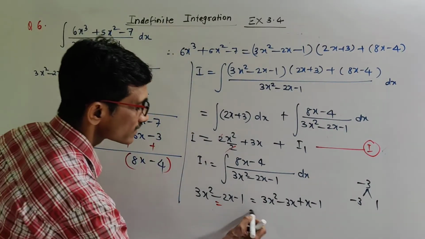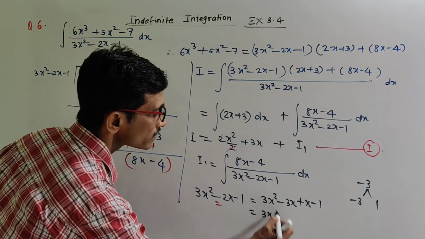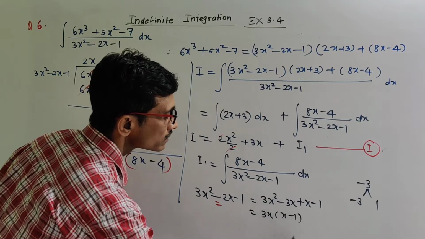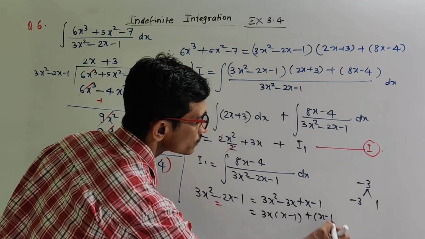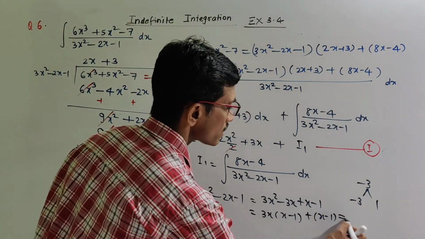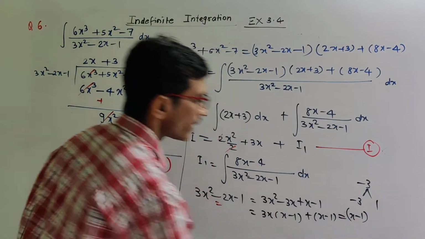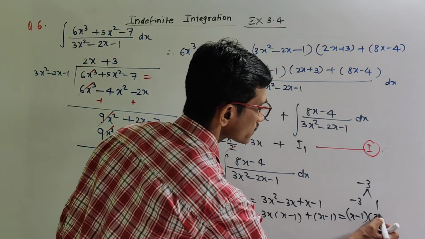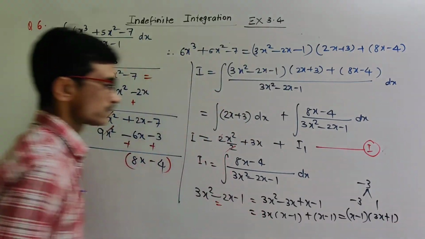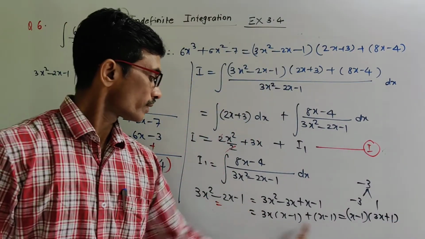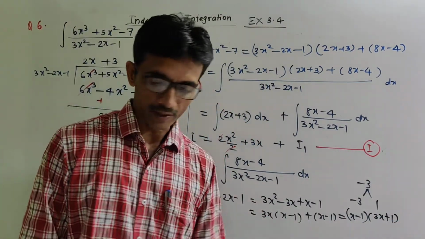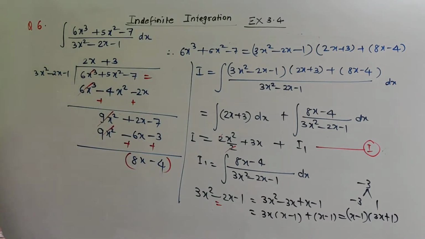So factors are 3x and x − 1, here plus x − 1, so that factors are x − 1 and 3x + 1. X − 1 taking common, 3x + 1 is the other factor. Therefore,